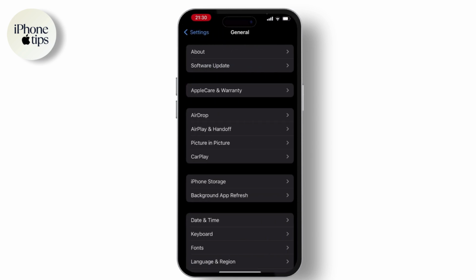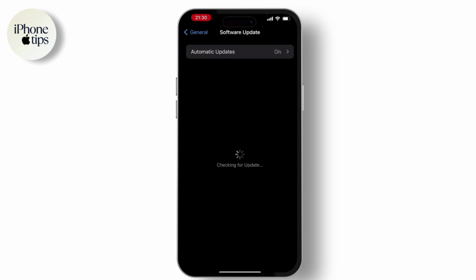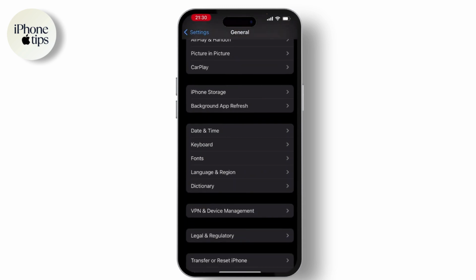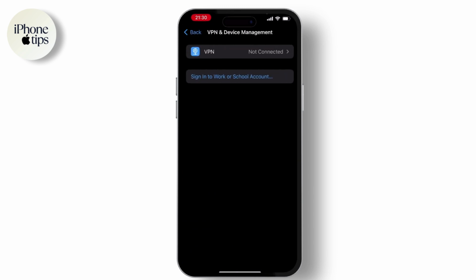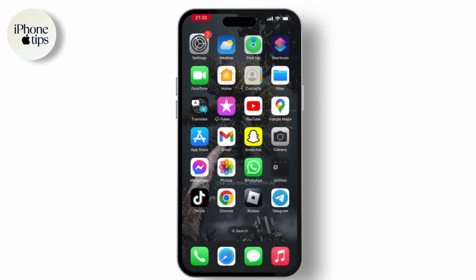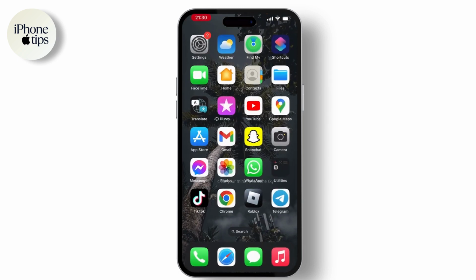Now go through General and then hit on Software Update and make sure that your system is up to date. Then scroll down a little bit and go to the VPN and make sure that no VPN is connected to your device. Once you check all of this, now connect your mobile phone to your PC and then